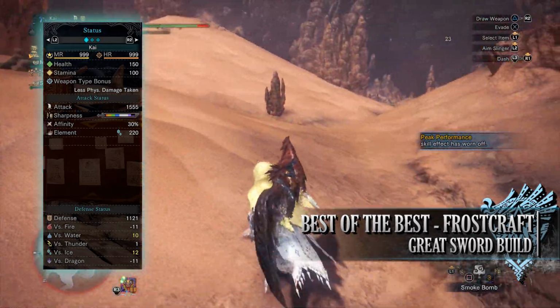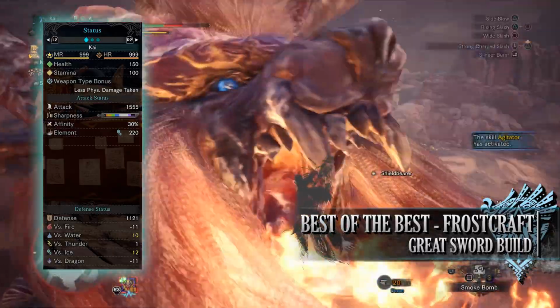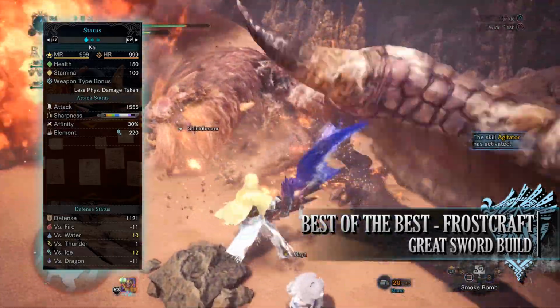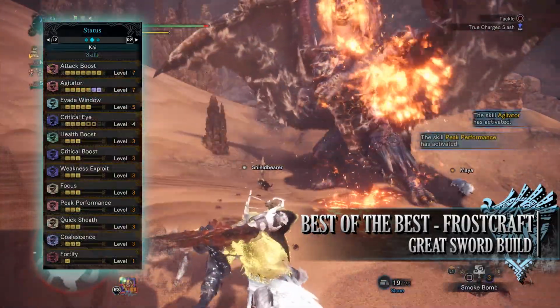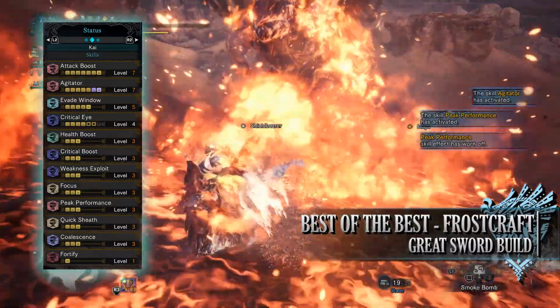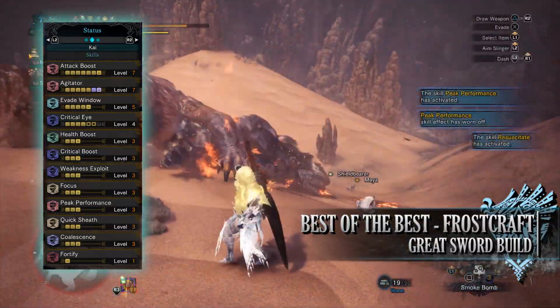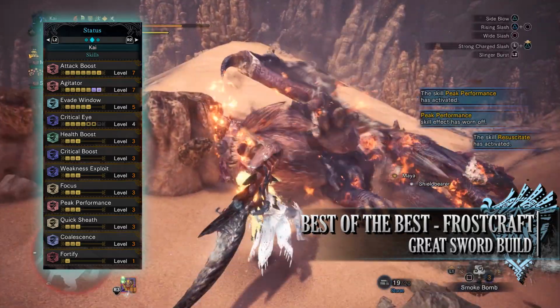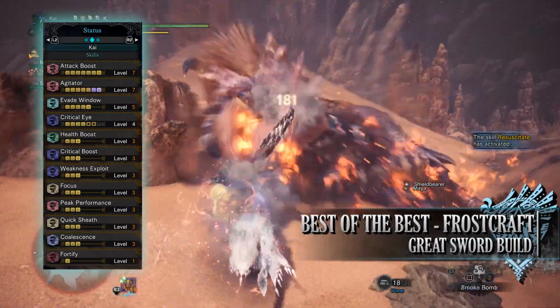You have an ice elemental rating of 220, and you'll have a very strong defense of 1121 that is strong against water, ice and thunder, but unfortunately weak to fire and dragon. Now, as for the skills, first of all, you'll have attack boost at level 7, you'll then have agitator at level 7, evade window at level 5, critical eye at level 4, which can be potentially level 6 when you're wearing your mantles, you have health boost at level 3, which allows us to get our health to that maximum of 200,